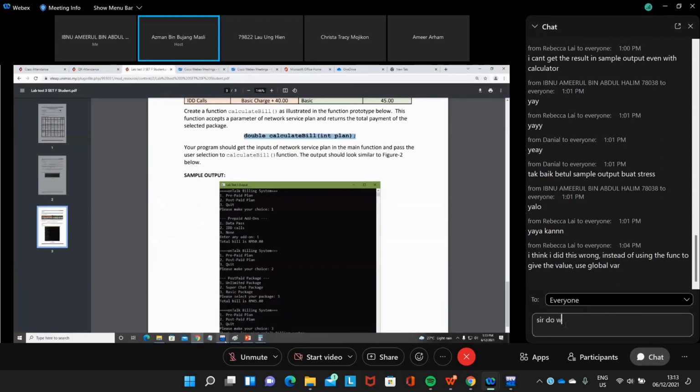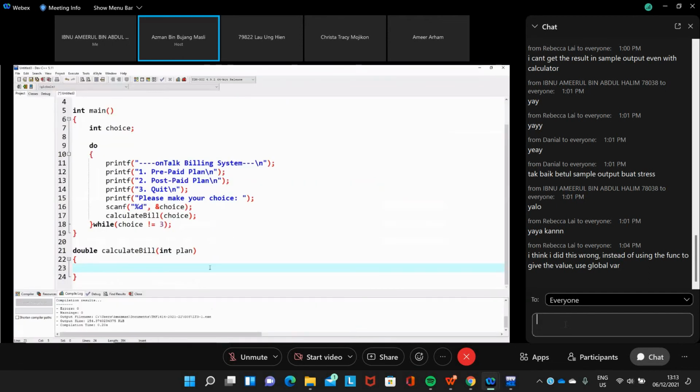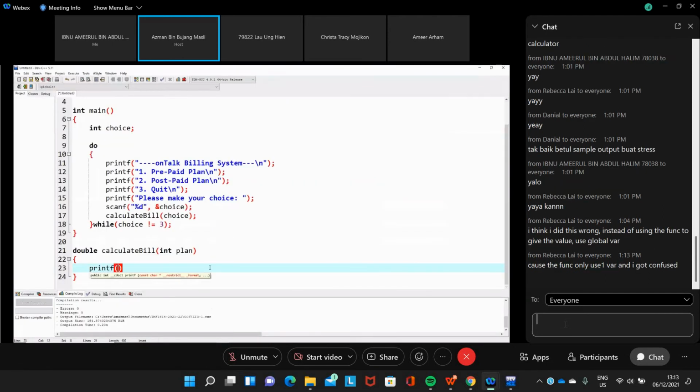And then prepaid add-on data pass. So this one actually is in the function. So we just print F. And then I think I did this wrong. Instead of using global to give the value, you need to use the function to pass the plan, because the function only uses one variable and I got confused.